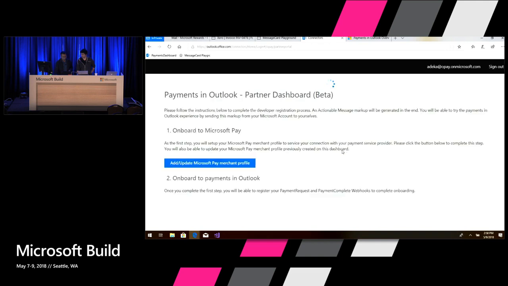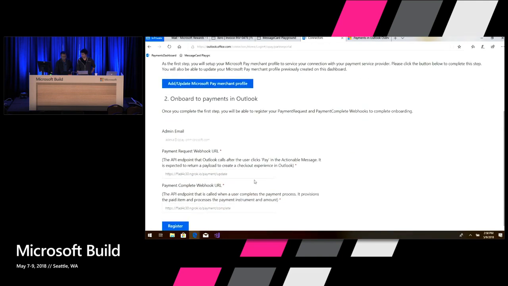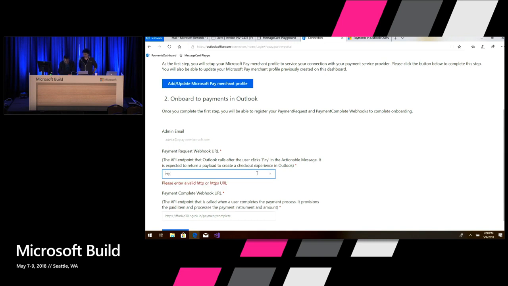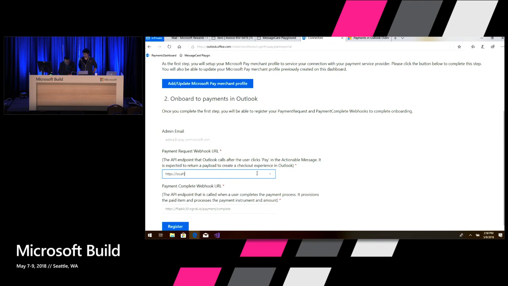Once you have that, the next thing is to register for your webhooks. The webhooks are the endpoint where you will receive the payment notifications when the user interacts with the card as well as the payment experience. For the registration to complete, I'll just put something like localhost for now, which is a mock update, and complete.